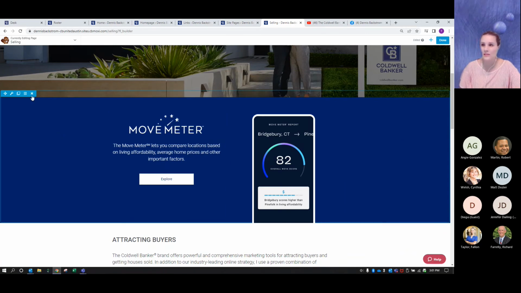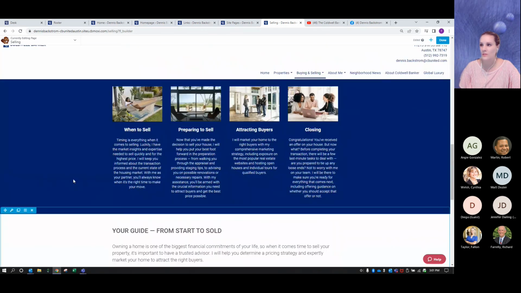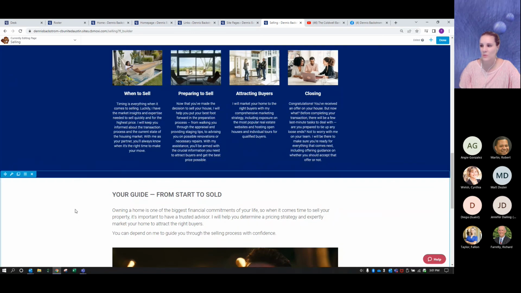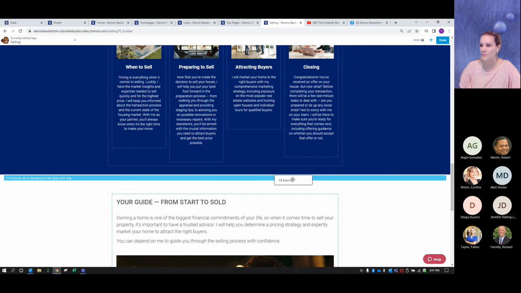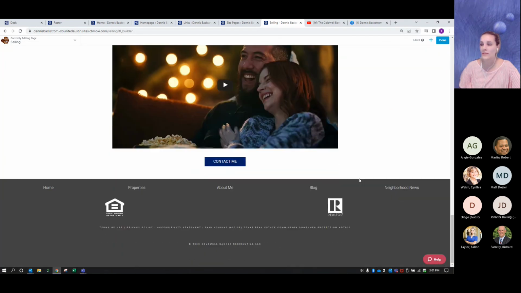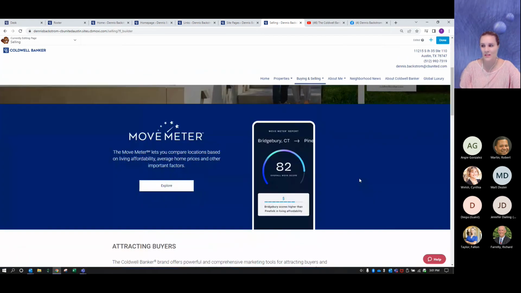If you don't like where it is, you can X out and remove it and start over and drop it somewhere else. So what I'm going to do is come down here and find between this navy and this white, and hit my plus sign and go to saved. And this time I'm going to drop my CB estimate. Okay, so now you can see the flow of the page has changed,